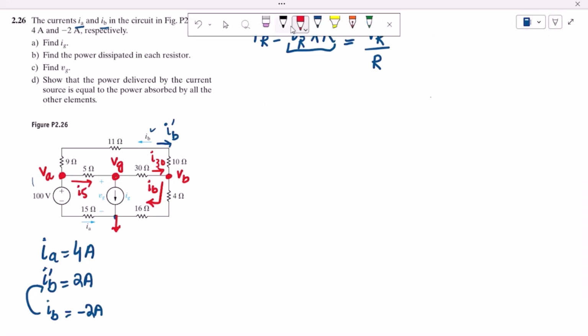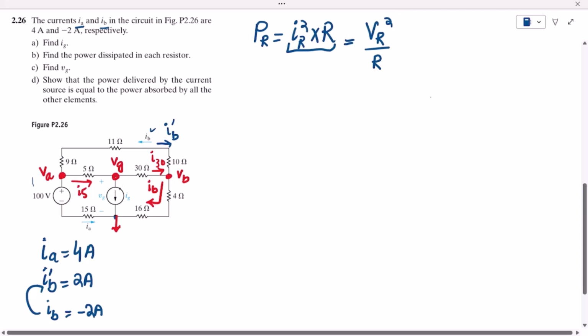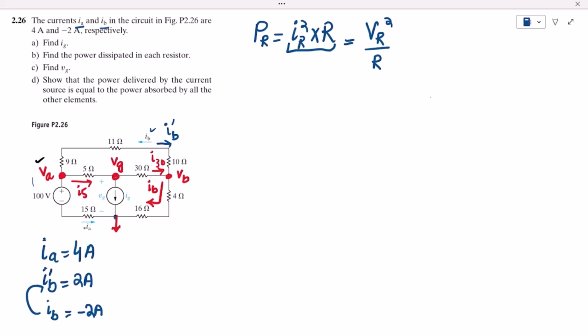Now let me solve them all here. First of all, let me find the value of VA. As we can see, the current direction is in this way, that is I_A. So the polarity of it will be plus-minus here, because this is a passive element, and in a passive element the voltage is always dropped, so the polarity should be from positive to negative. In this way, what will VA be? If we apply KVL here in this branch, from VA to this one,